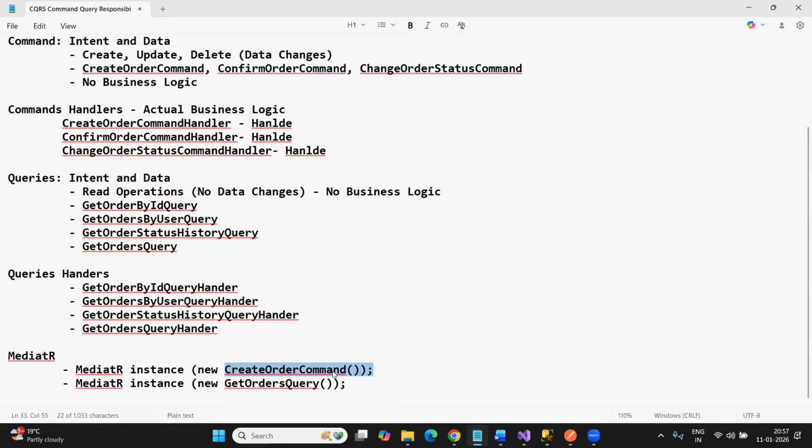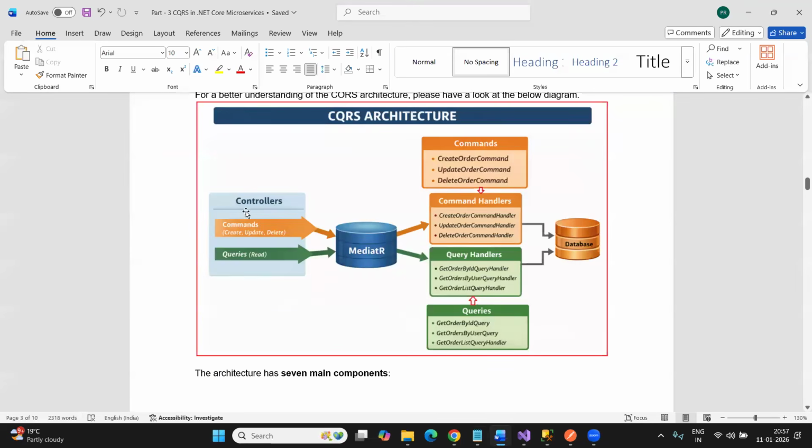So that command I am providing is going to be implemented by one handler, and that handler is going to implement the actual business logic. Now if you look at this, within the controller we are going to have some action methods. Some action methods are going to perform command operations, and some are going to perform query operations. Whether it is a command or a query, that command object and query object we need to pass